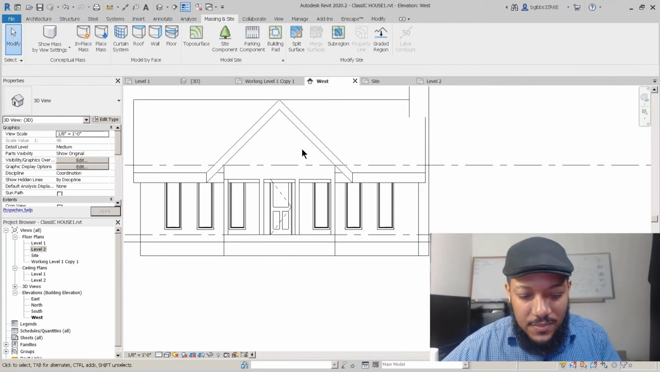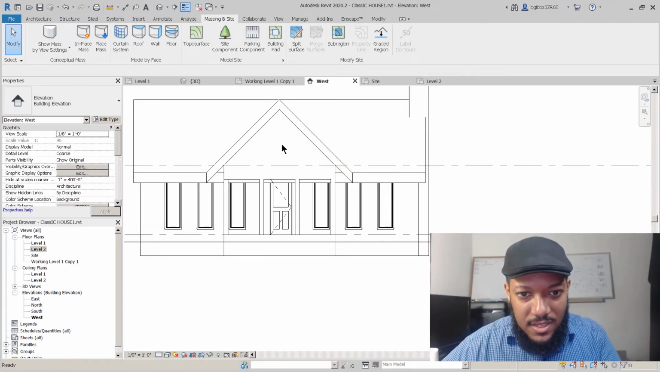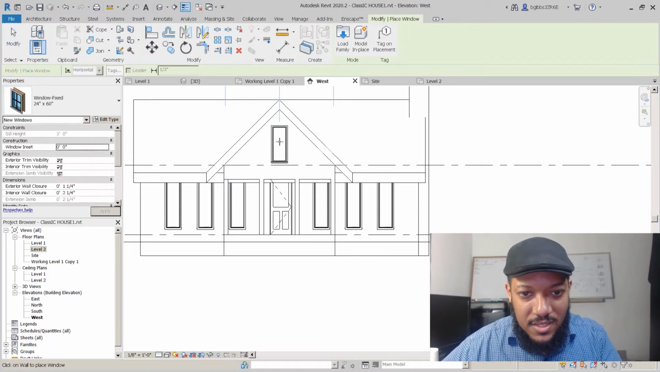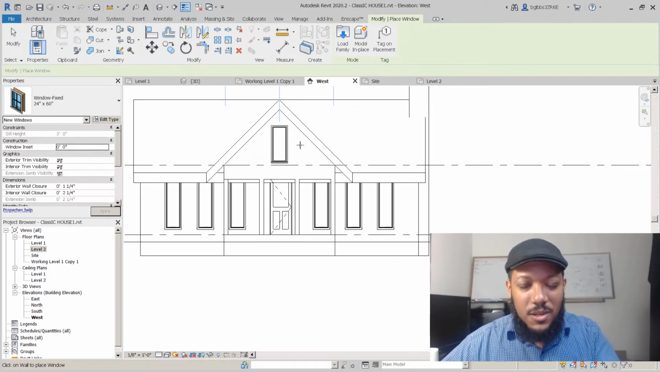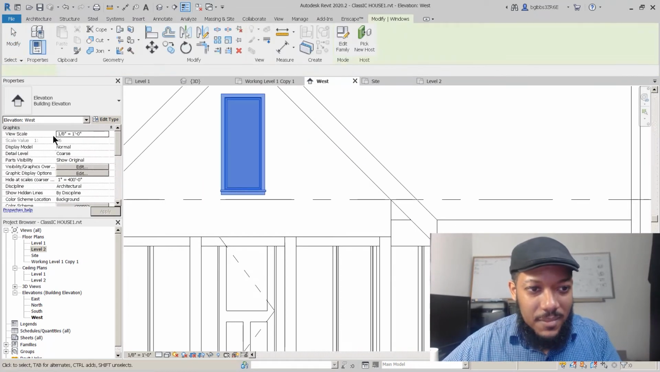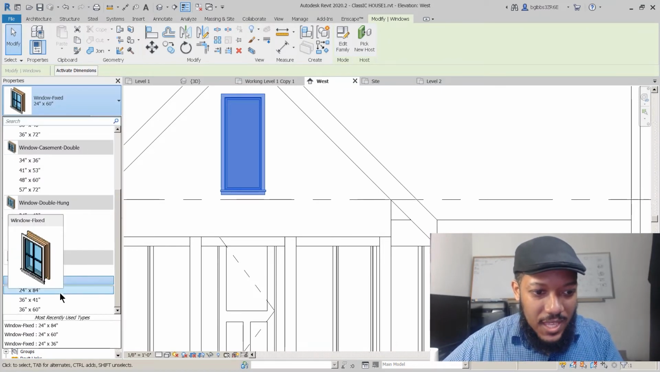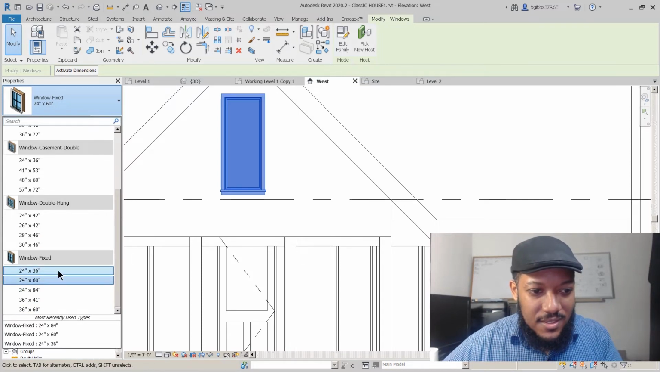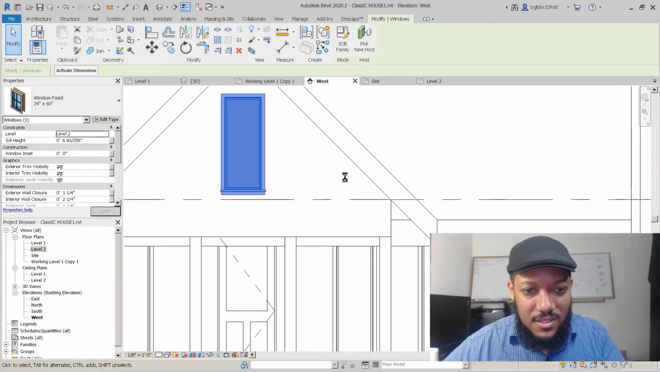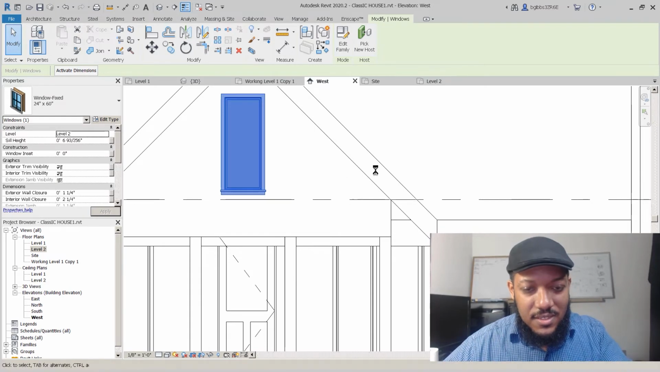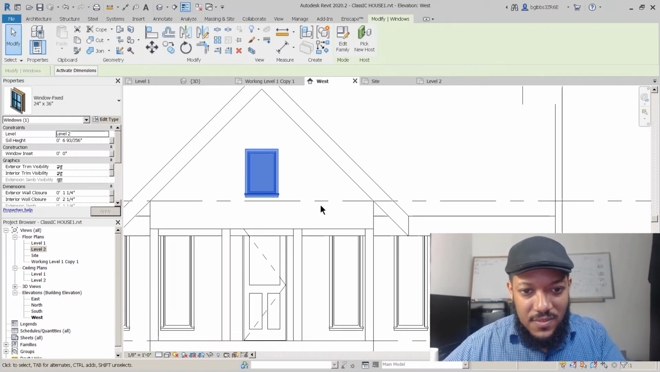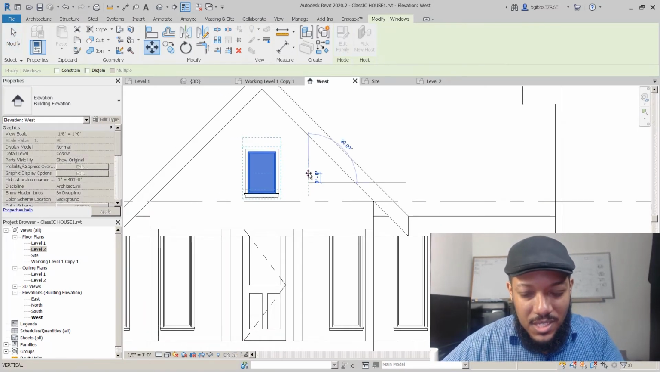I'm gonna go to our west elevation and press WN. And we probably want a small little window. It doesn't have to be something major. Maybe a 24 by 48 or close like that. 24 by 36 could work. And we come up 1 foot,